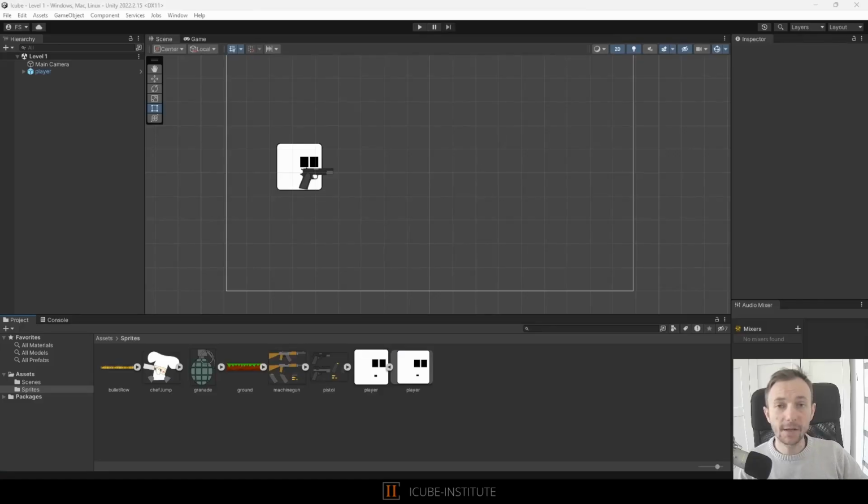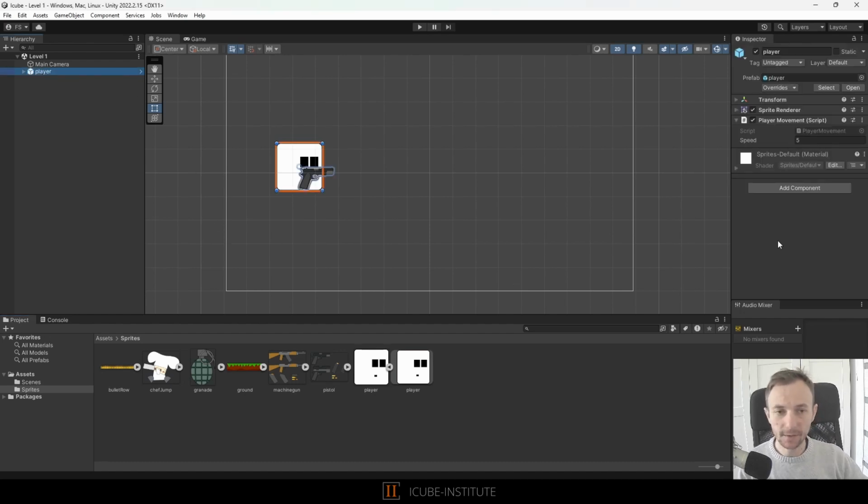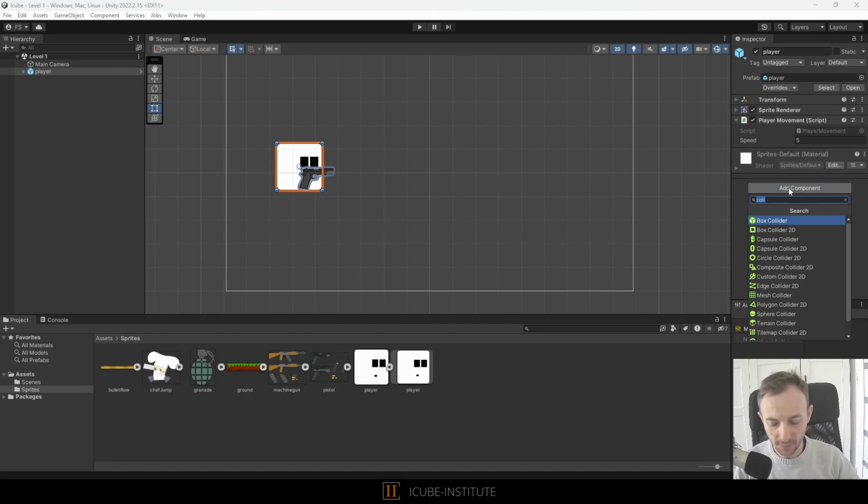Hey, today I would like to show you how to add physics into our games so that our objects can be affected by the physics laws. The first thing we need to do is to click on our object, add component, and add the Rigidbody component. Remember that whenever we are doing 2D projects, we need to stick to 2D components because Unity